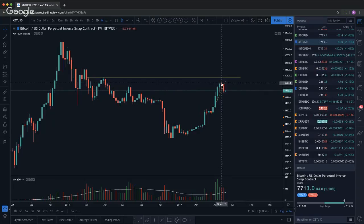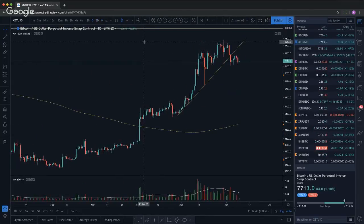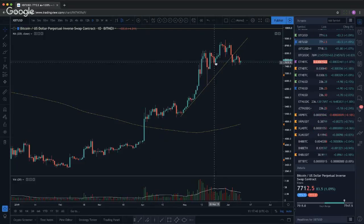Bar reversal last week that has been confirmed by this Sunday's close. So we're having basically the worst week in terms of performance, minus 12% on Bitcoin since the beginning of the parabola move. Okay, this is on the weekly. If we look at the daily, we can see that Bitcoin is currently forming kind of a head and shoulder